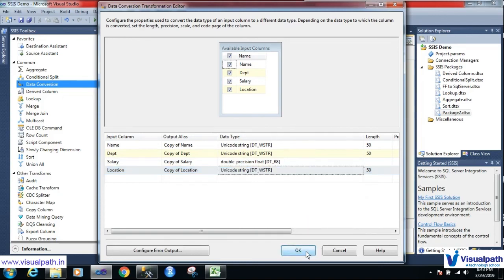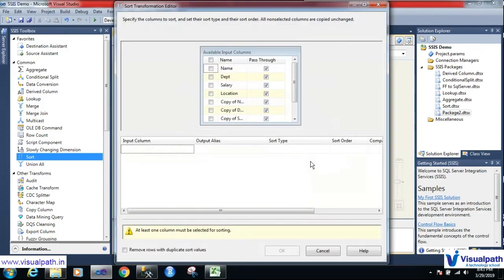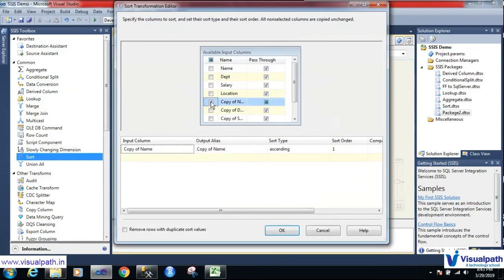Click on OK. I will use sort transformation again. Connect it to sort. Double click on this. Copy of name. Okay. Click on OK.